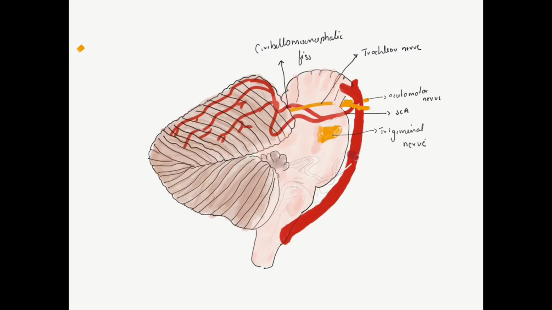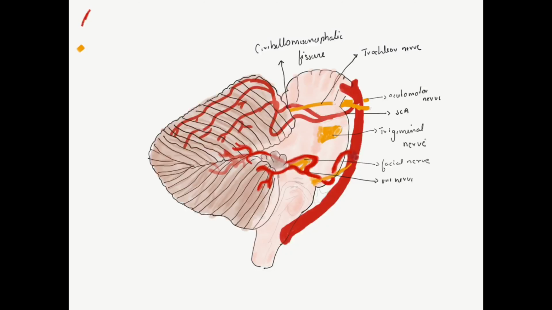When describing about the anterior inferior cerebellar artery, we need to know the position of 7th, 8th nerves. The anterior inferior cerebellar artery arises from the basilar artery and encircles the pons in the region of the abducent nerve, and when it reaches the 7th, 8th complex, it gives a superior and an inferior branch which enter into the cerebellopontine fissure and supply that fissure along with petrosal surface of the cerebellum.